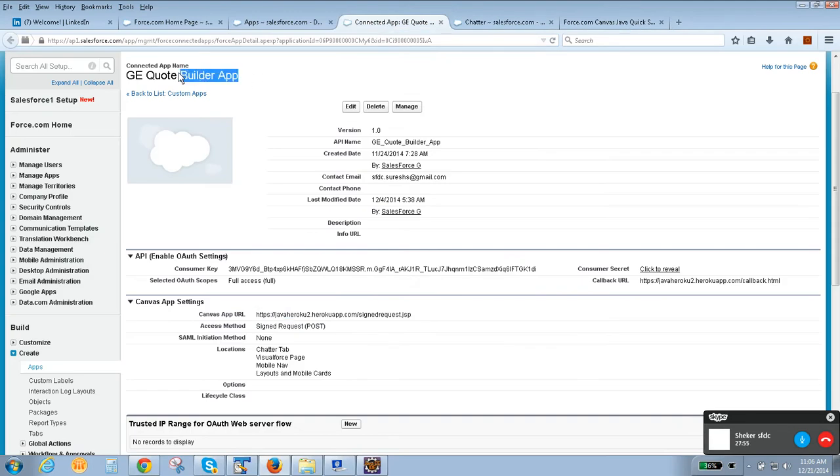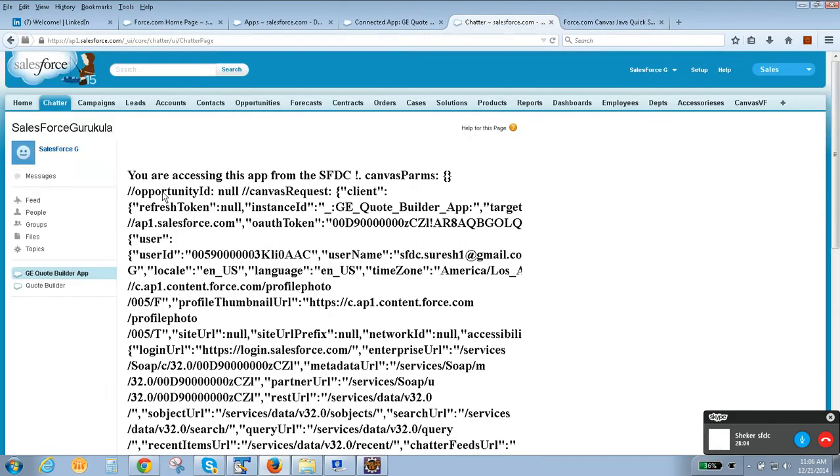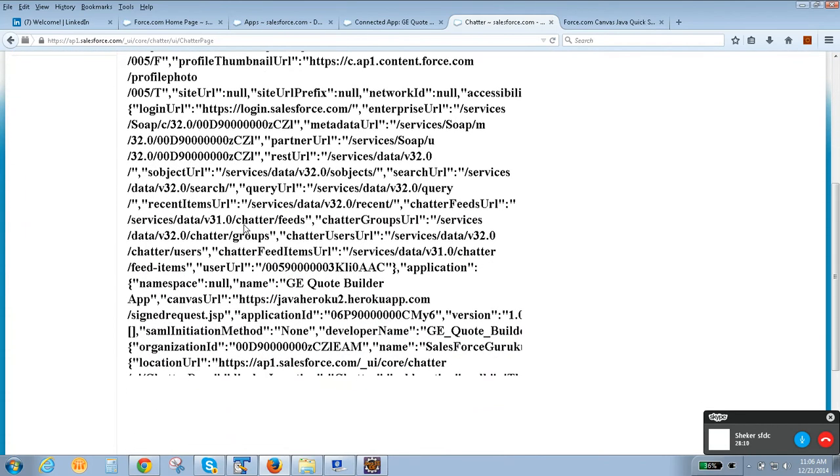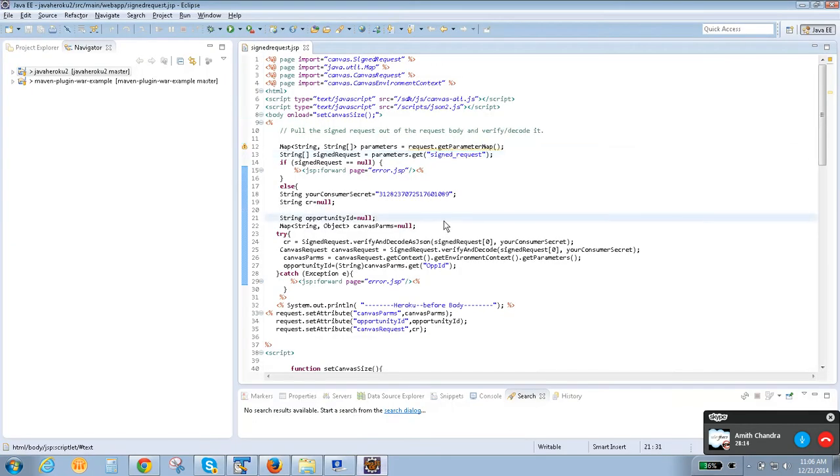However, we have configured this particular connected app so that once the authentication is successful, it is going to send the contact information, like authentication token, user ID, and many other parameters, to the client application. On the client side, the way to access it is by using this key.